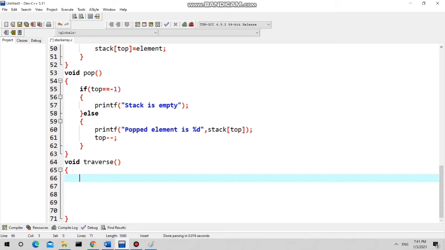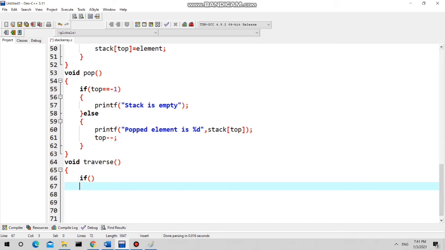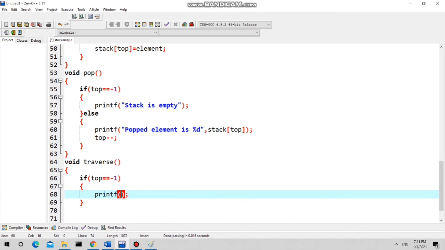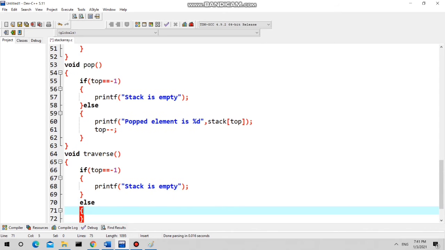No, because nothing is there in my stack. So here I am again mentioning the stack empty condition. What is the condition for stack empty? Top equal to -1. So whenever the stack is empty, we can't perform traverse. Otherwise we can perform.